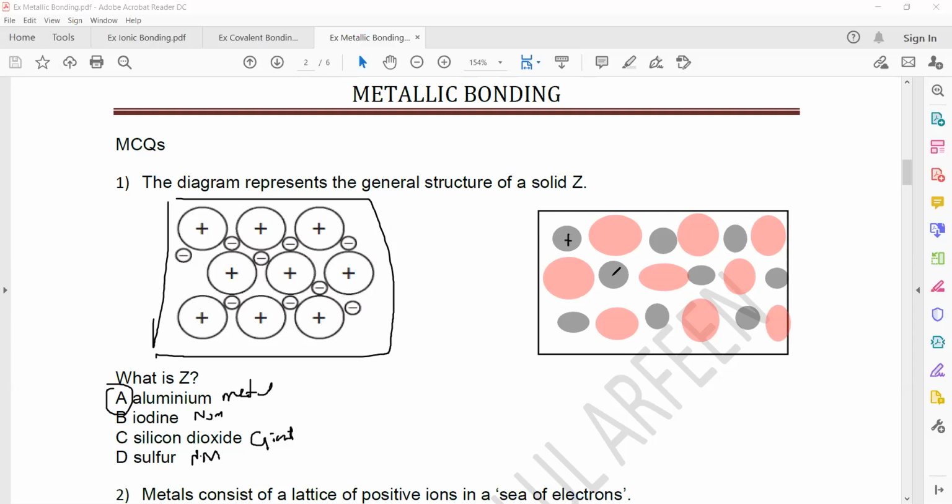So this one is positive and the other one is negative. That's the main difference between ionic compounds, that they have a lattice of unlike charges, meaning the arrangement of positive and negative charges, whereas metal has only the lattice of positive charges. You can see here, the positive charges are arranged and electrons are free to move. So metals have a lattice of positive charge. But ionic compounds have a lattice of positive and negative charges, meaning unlike charges are together.